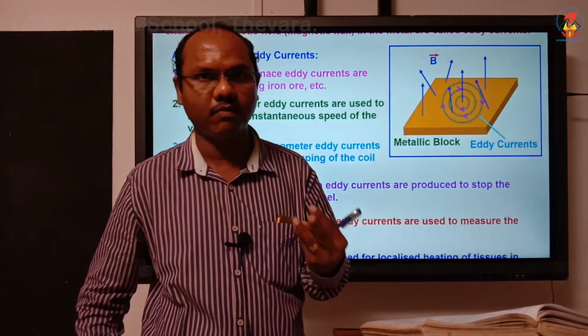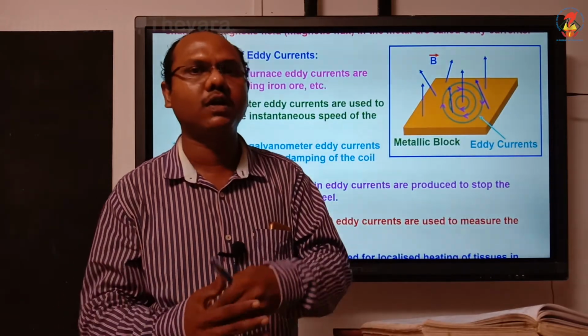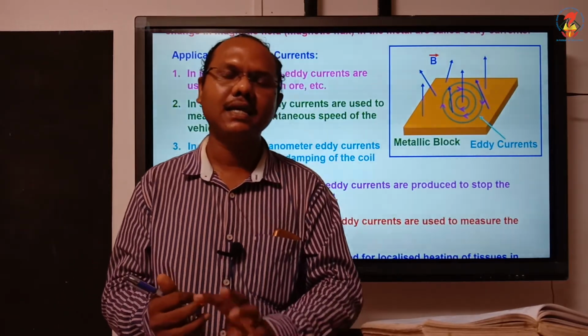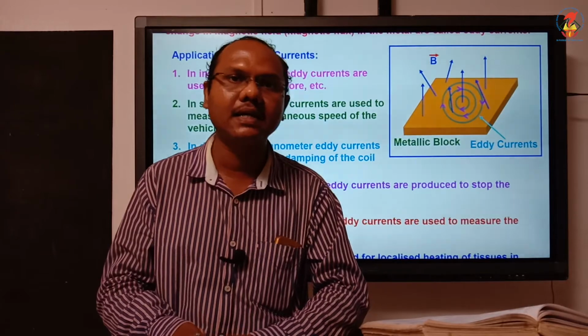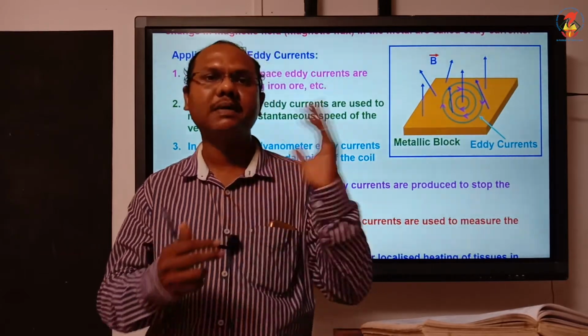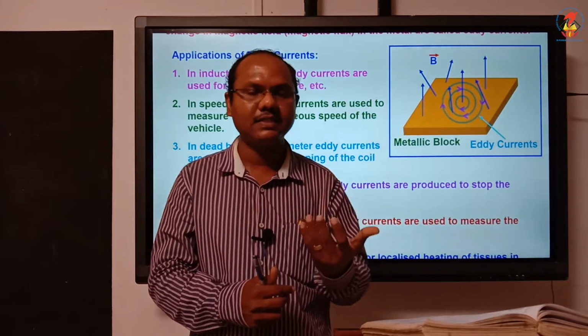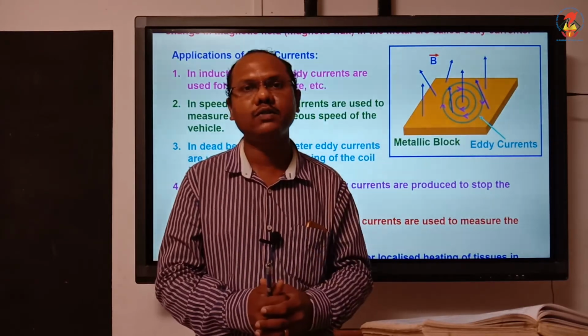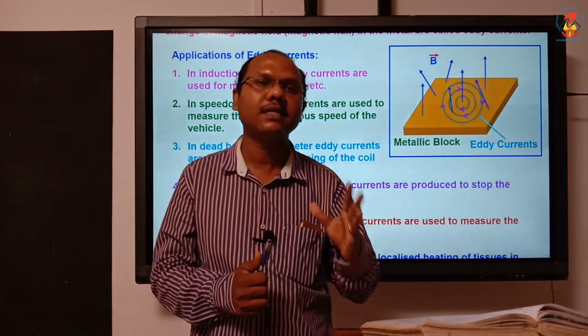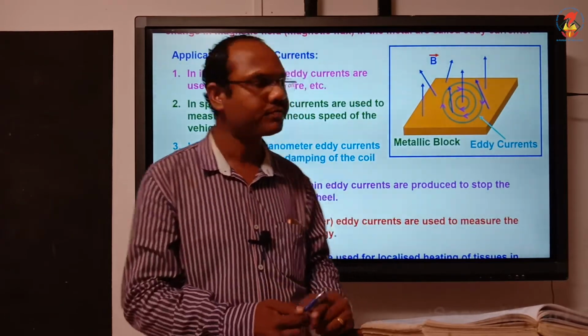To make the molten iron, we put raw iron in the furnace and give a strong varying electric current. And this metal is rotated in a magnetic field. So as the metal rotates faster and faster, eddy current will be produced in the metal, which will heat up the metal and finally it will melt.